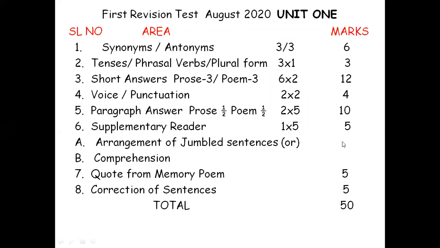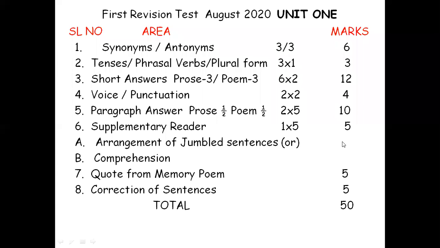And as usual, synonyms will not be given word by word, so context will be there. Each context will be in one sentence, the target word will be in italicized form, followed by options. 4 options will be there, A, B, C, D, and you have to identify the right synonym and similarly the right antonym. So 6 marks. First 2 questions: first, second, third, fourth, fifth, sixth. Synonyms and antonyms, 6 questions.